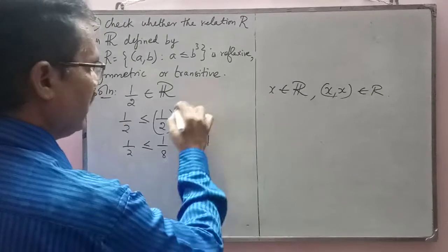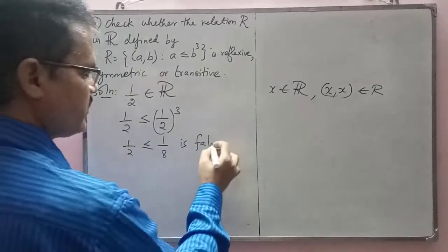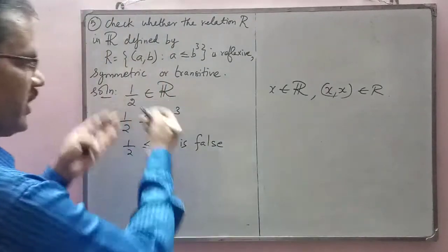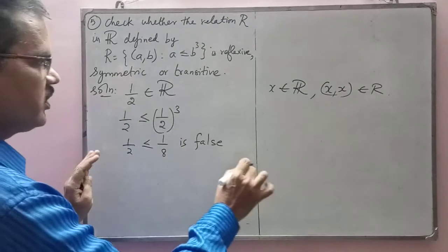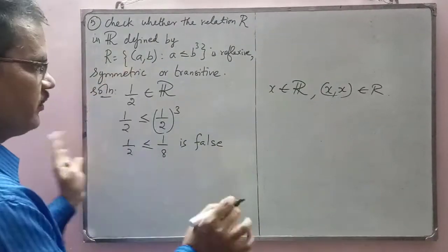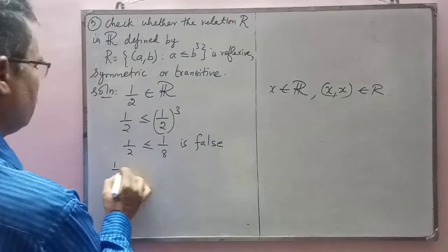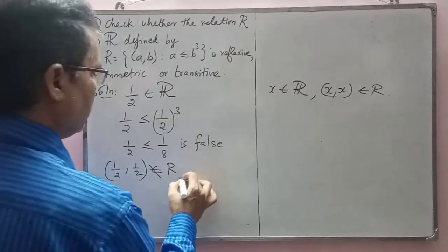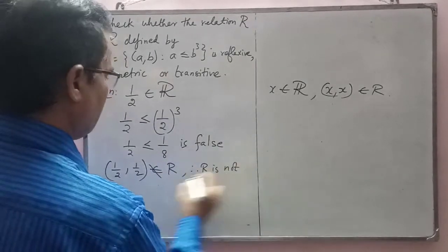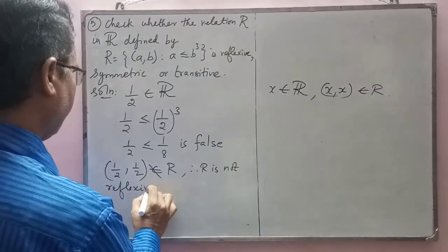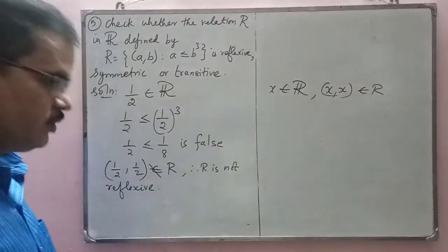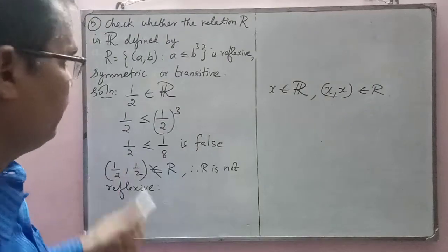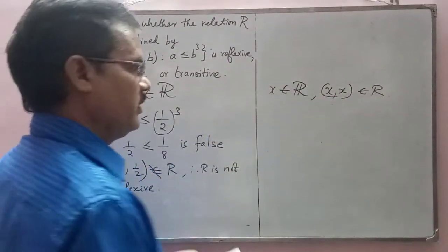See children, when you take 2, the condition was satisfied, but it should be satisfied for all numbers. You should try fractions and negative numbers. As I took a fraction, the condition is false. Hereafter I need not check, and I directly write that R is not reflexive, because (1 by 2, 1 by 2) does not belong to R. Randomly, if you choose some numbers, you may see that it is reflexive, but it should satisfy all the conditions. If you want, you can write the property for reflexive, symmetric and transitive.